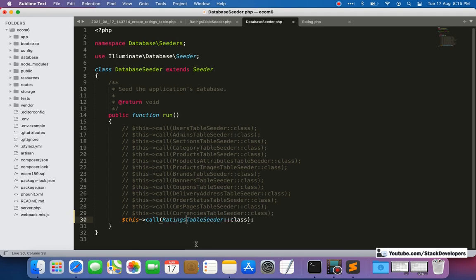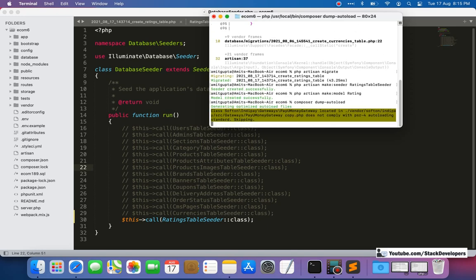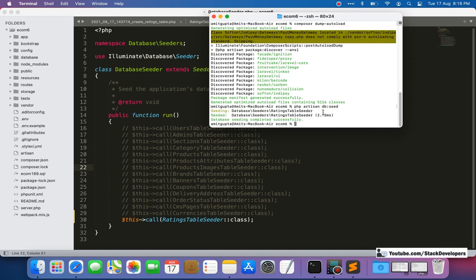Now it's done. Now we are going to run two commands here. First of all, composer dump-autoload. Let's run this command. After that we are going to run php artisan db:seed to insert the records.